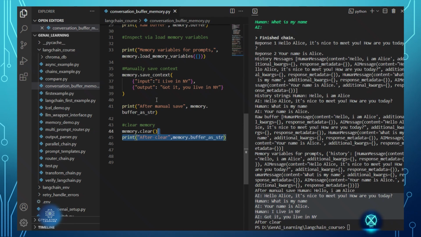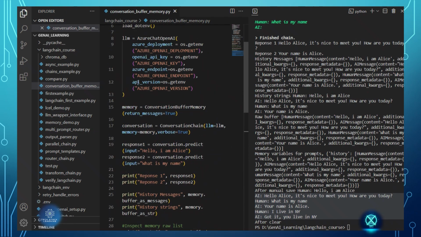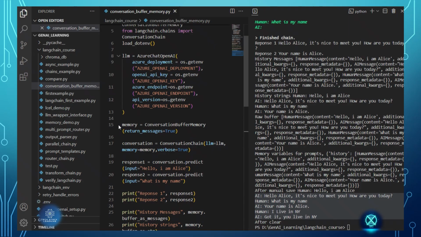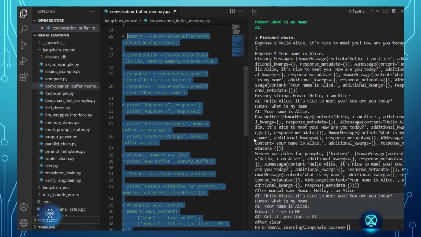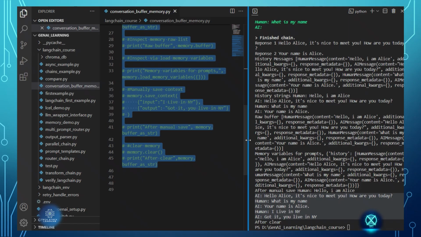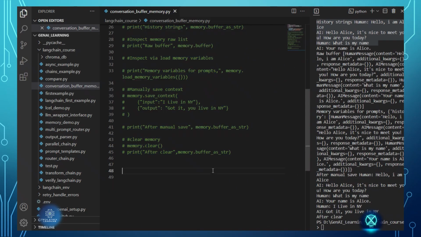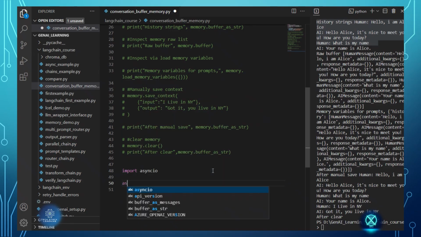Okay, these are the common basic things you should be aware of. Now let me comment all of this, and I will just show you the async ones. Okay, so let me create. We have buffer memory, then we need async queue, then I'll create async def